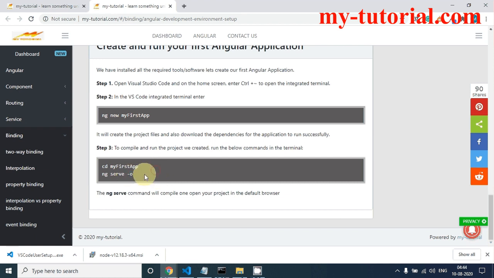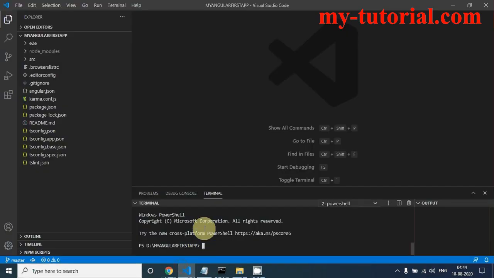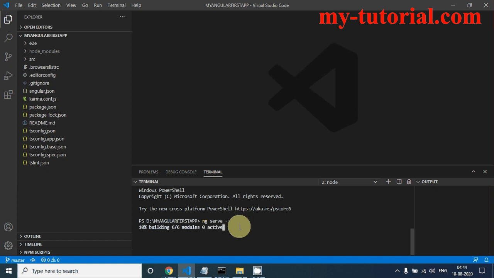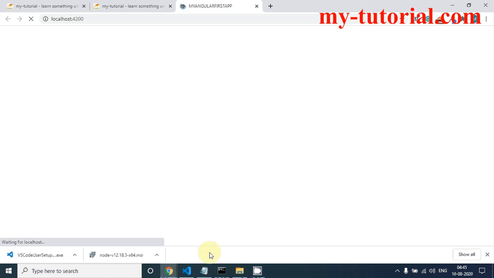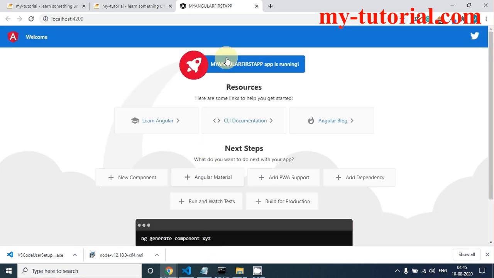So let's type this command on the terminal. ng space serve -o and press enter. Now you can see that our application is compiling. Our application got compiled successfully and it also opened in a new window.